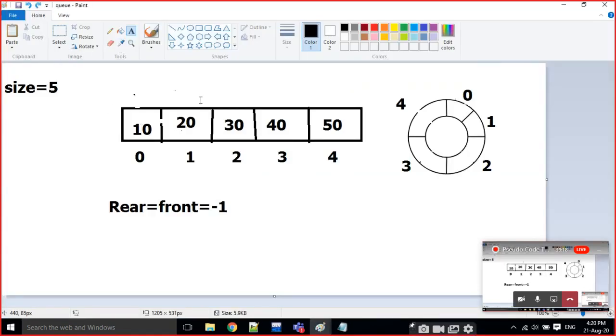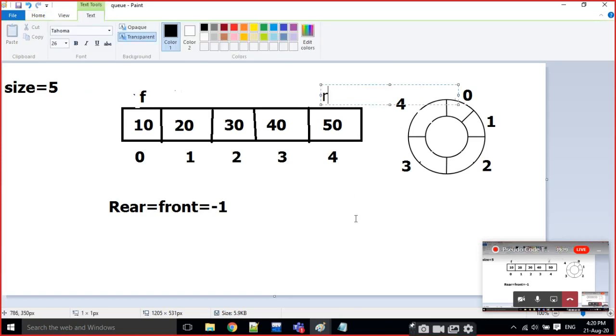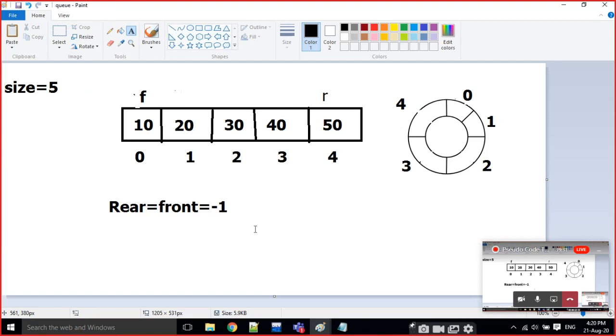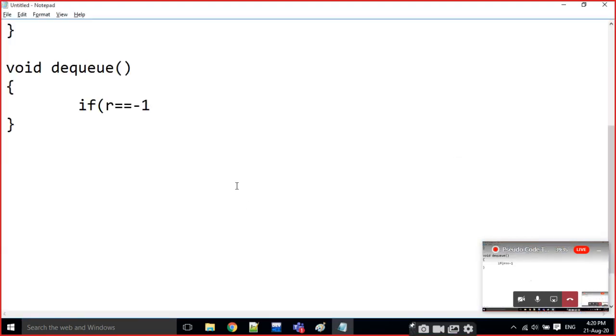For example, rear is at this position. I am going to check here. For example, I am going to give some empty position. Empty position is not a problem here.